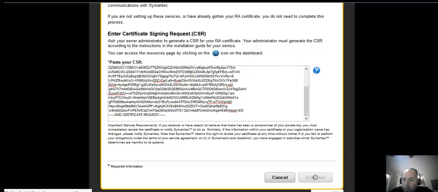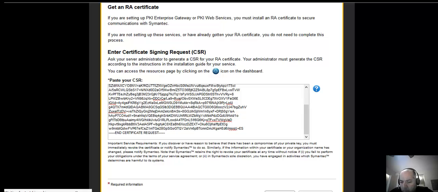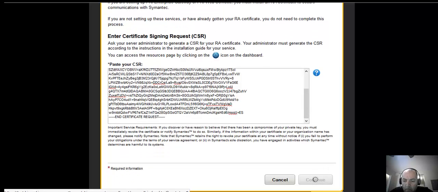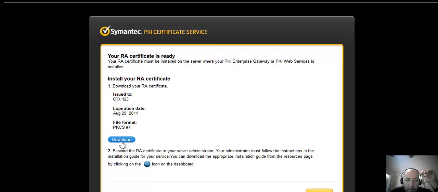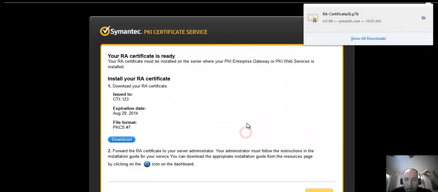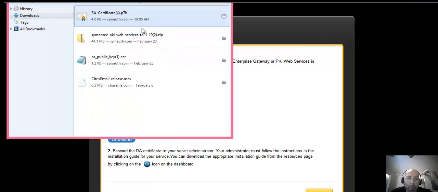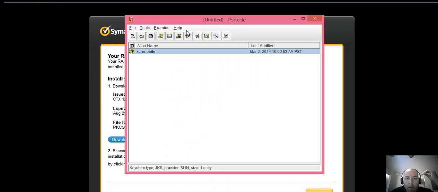It takes a minute. Once it's completed, it's going to tell you here to download. You see issued to the name they put in the company that created a Symantec request. Just going to save this. And see it here, it's in my downloads folder. It's already downloaded. So what I'm going to do is go back to the Portecle tool that we're using to create this,